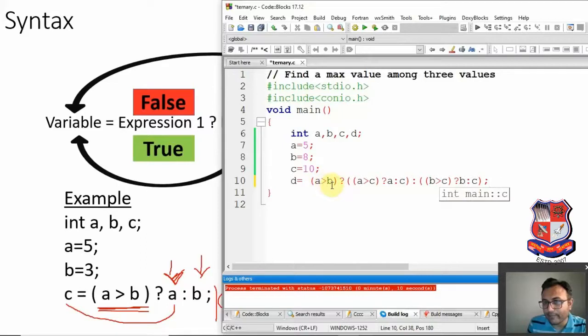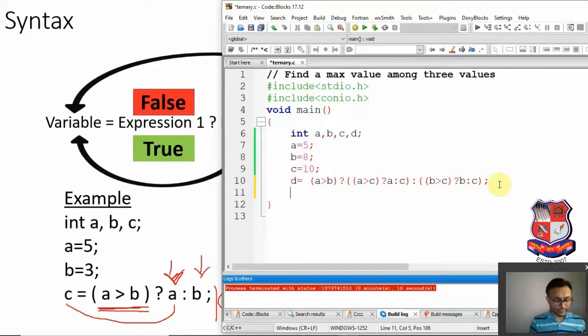Suppose a is greater than b is false, then this part will be executed, and it will again check with c. Suppose b is greater than c, then it will execute the true part, the positive part, expression number 2 of this expression, and it will store the answer of b into d. And suppose it is false, then it will store the answer of c into d. So that is our program to find the maximum value among 3 values.